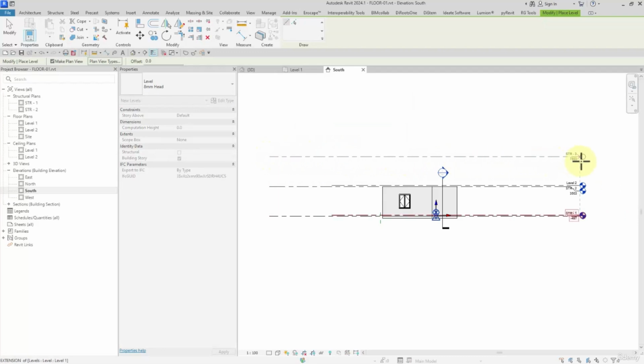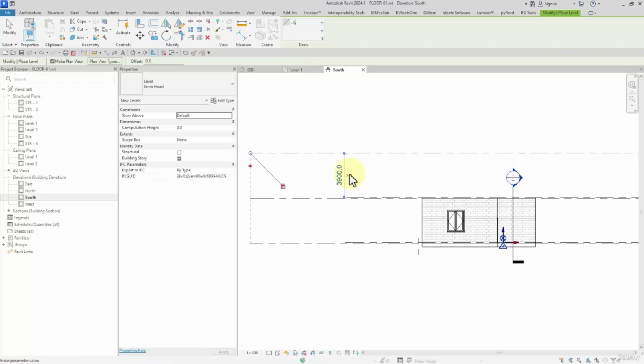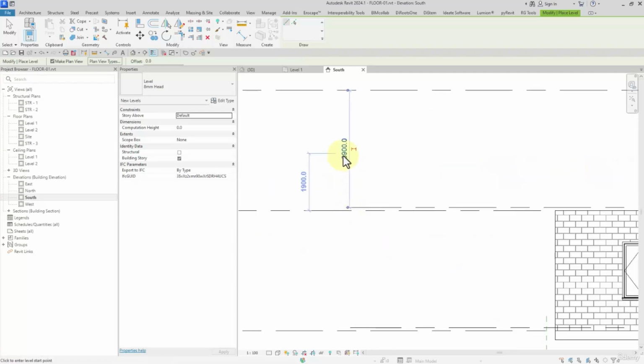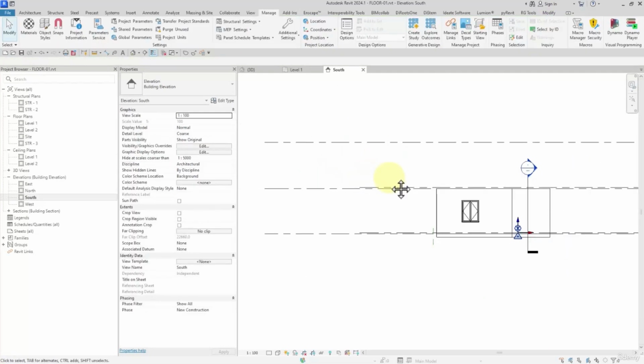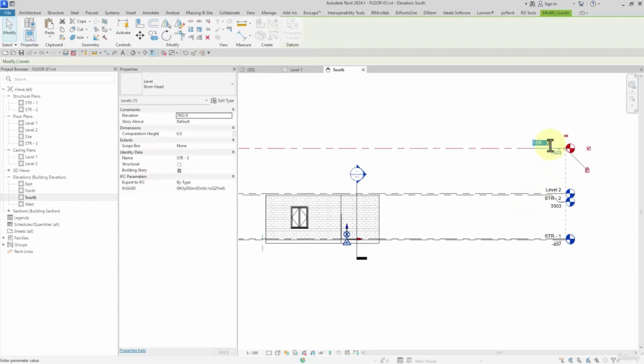Then I move on. Check it out. Afterwards, let me check the elevation, 4 meters by this way, and then I want to rename it level 3,